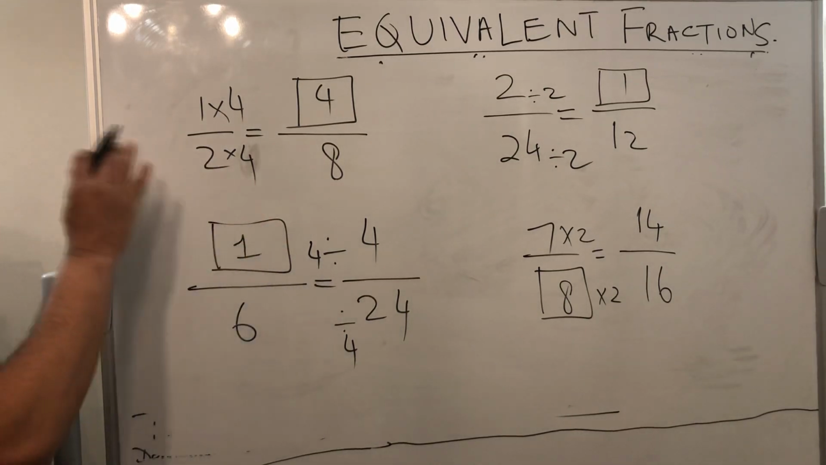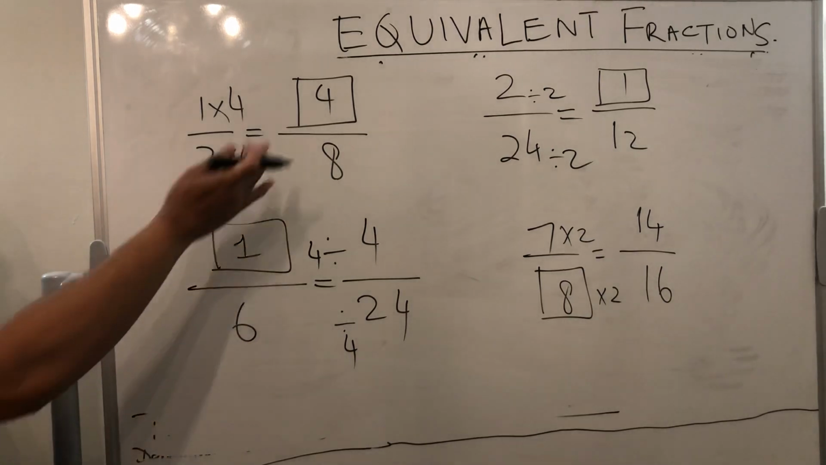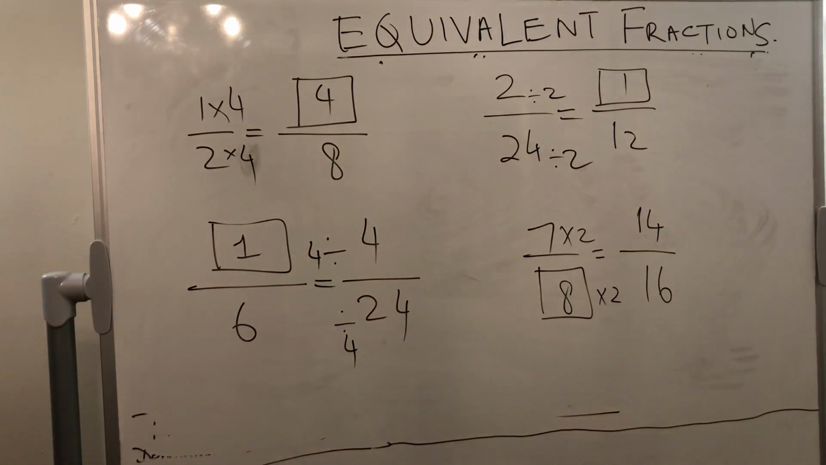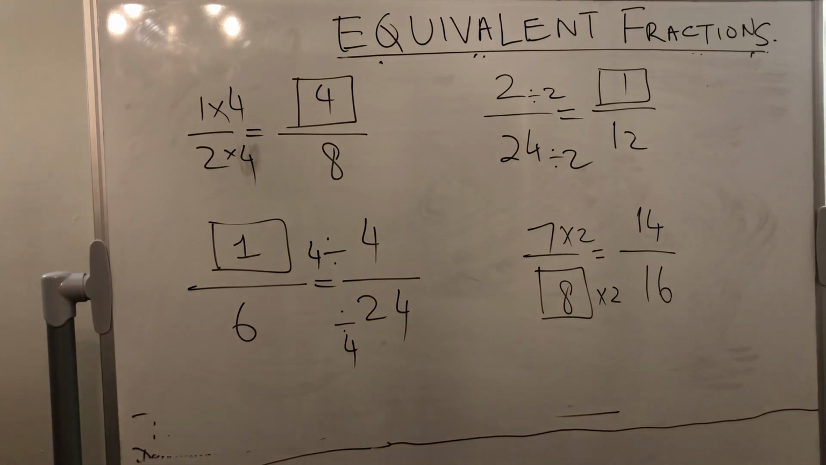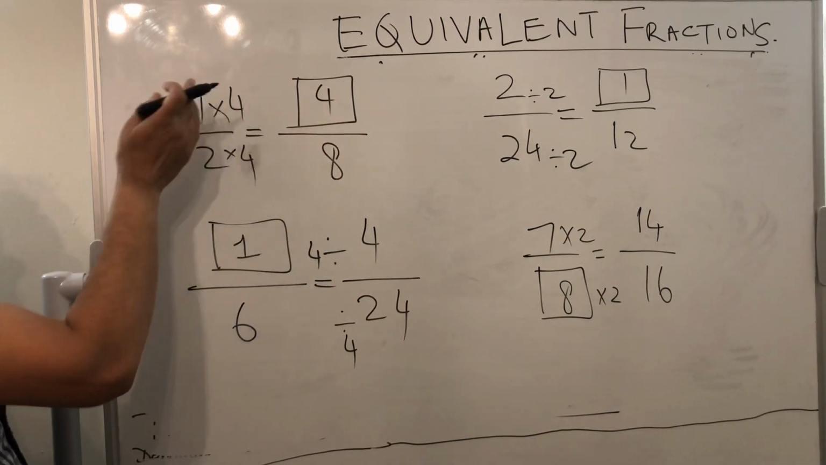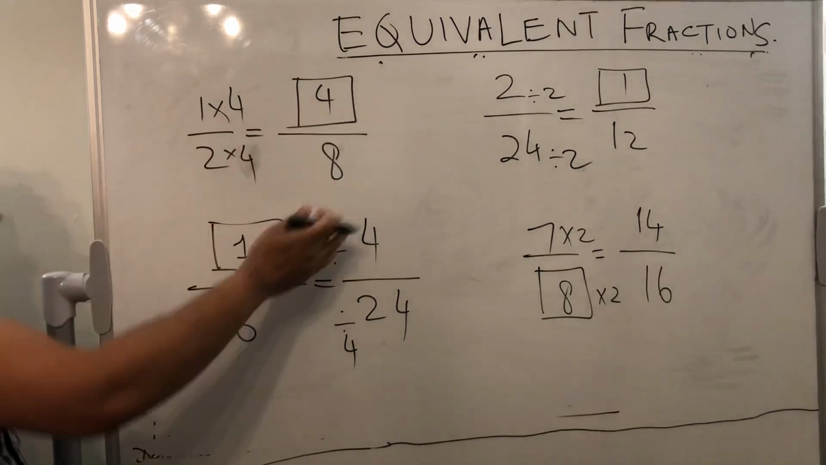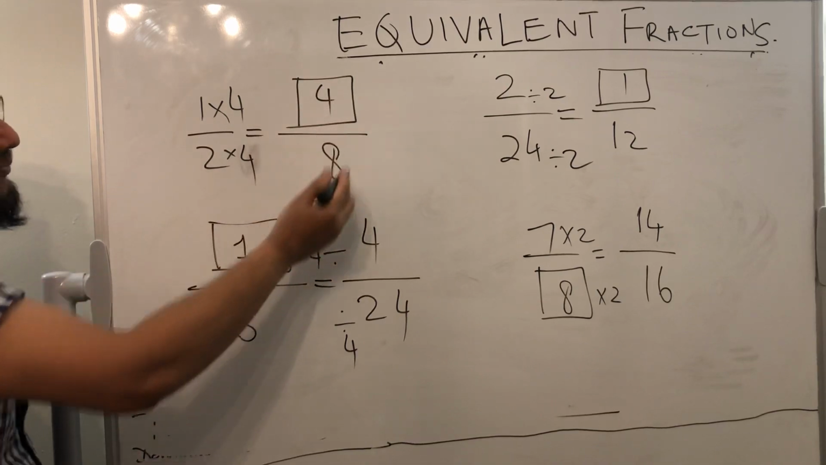In all the examples, they have different numbers. It means they have different numerators and different denominators, but the values are the same. How are the values the same? Look at here, okay? This is 4 over 8 and this is 1 over 2. If you simplify this one,